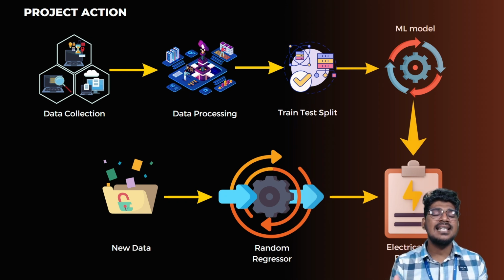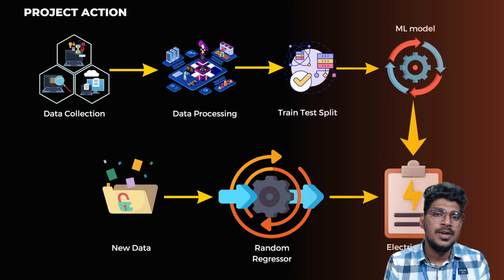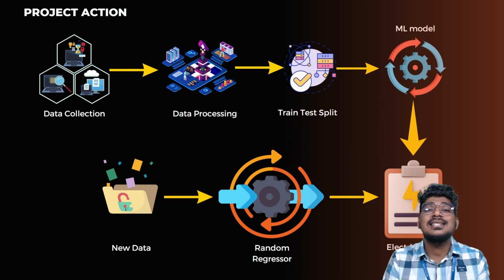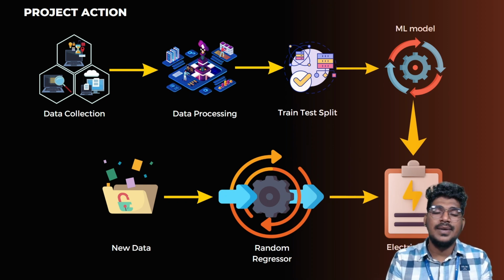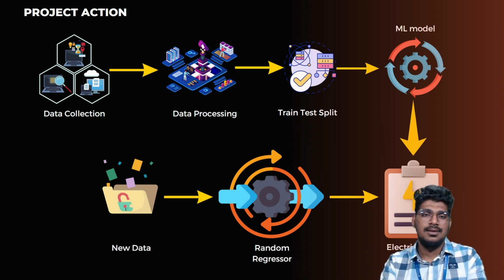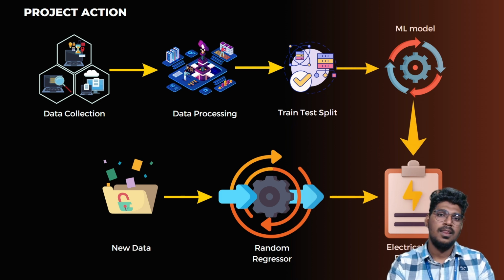Once you separate x and y, now we are going to make the data into training and also testing. So the train test split function is very helpful to make the training data as well as the testing data. Train test split is the most important thing to create training data as well as testing data. Once you create them, you are going to feed them to the model you are creating. For example, here we are going to create the training data and testing data using the train test split function.